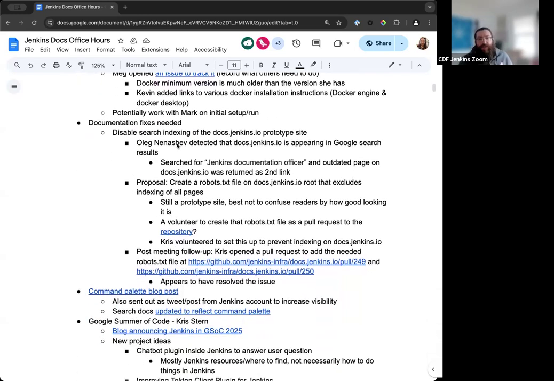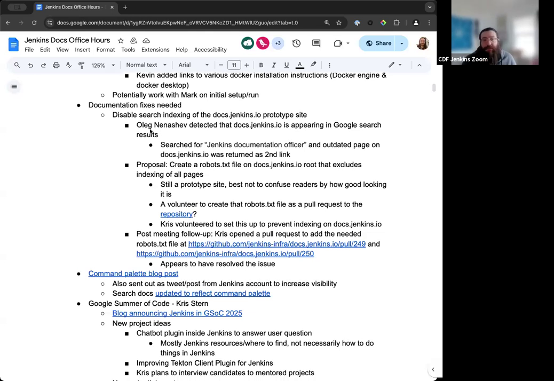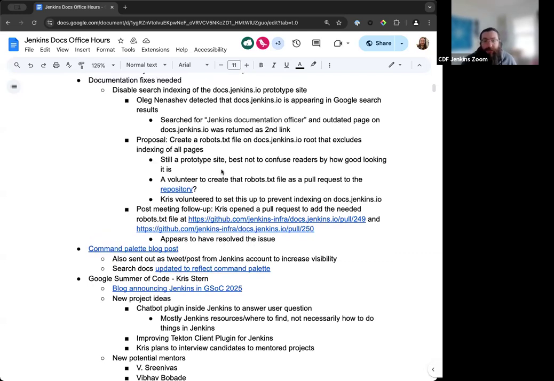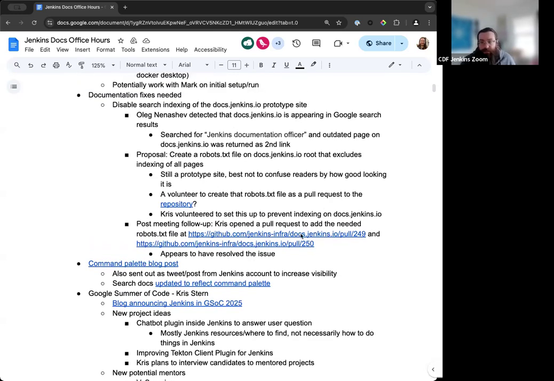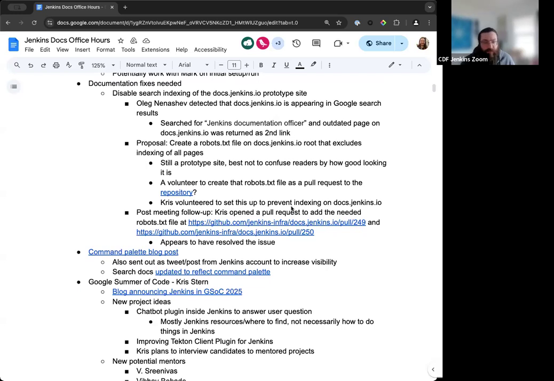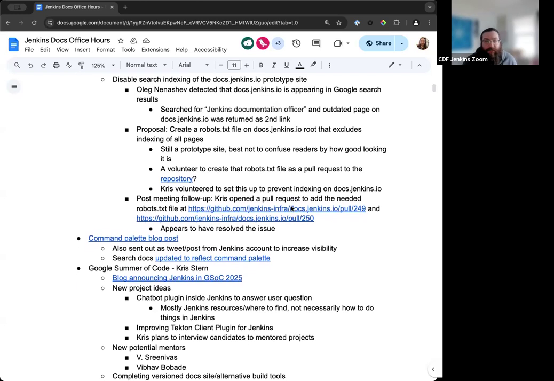And then next up on the agenda, there is the documentation fixes. This was something that we had noted previously that was needed. The version doc site that had started as part of the Google Summer of Code 23 project was being found in search engines. So Chris took it upon themselves to fix it so that the site isn't being found in Google search, and added some files in that needed to be included so that it wouldn't be pulled up. From what we can tell, it's been effective, and it hasn't been showing up in searches when looking for Jenkins docs. It's just leading to Jenkins.io. So great. Thanks very much, Chris. Okay.